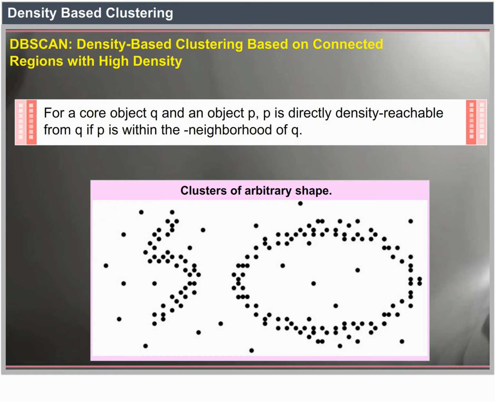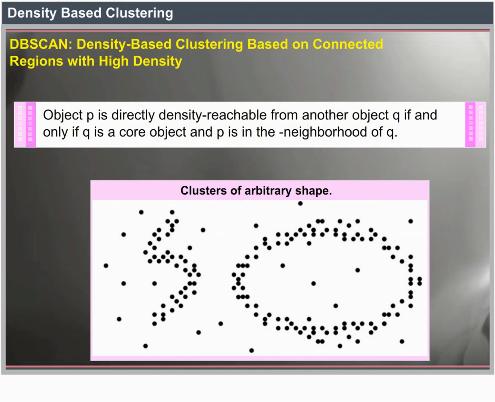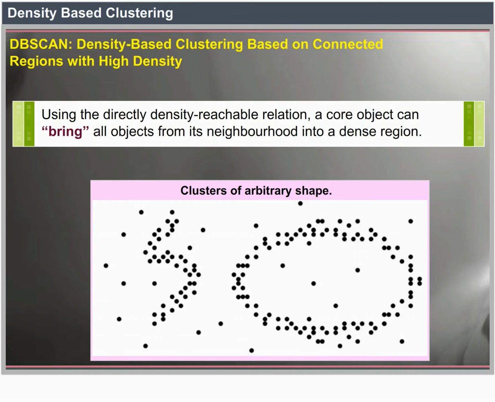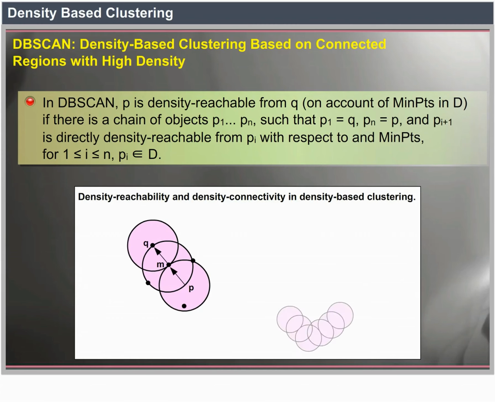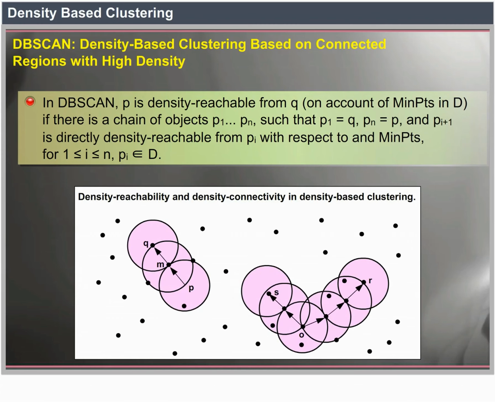For a core object Q and an object P, P is directly density reachable from Q if P is within the epsilon-neighborhood of Q. Object P is directly density reachable from another object Q if and only if Q is a core object and P is in the epsilon-neighborhood of Q. Using the directly density reachable relation, a core object can bring all the objects from its neighborhood into a dense region. In DBSCAN, P is density reachable from Q with respect to epsilon and min points in D,